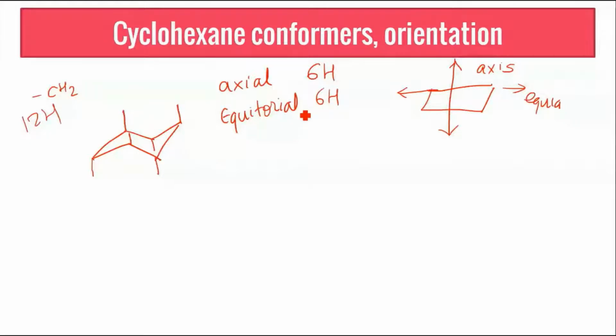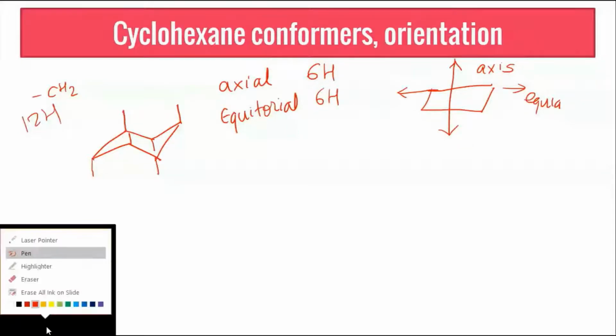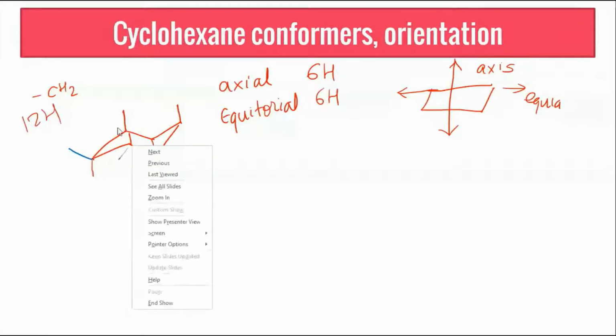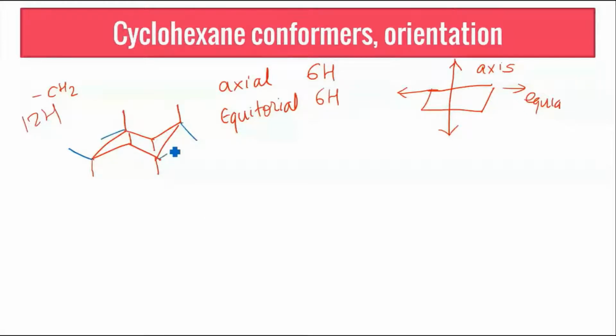So these are the axial bonds which are present in cyclohexane. I have 3 which are above the plane, 3 which are below the plane, falling as axial bonds. Now coming to the equatorial bonds of cyclohexane: for this carbon, the equatorial bond would be a bond which is perpendicular to the axis. For this carbon, I would have the equatorial bond as this, and for this carbon, the equatorial bond would be this. I am just completing the equatorial bonds.